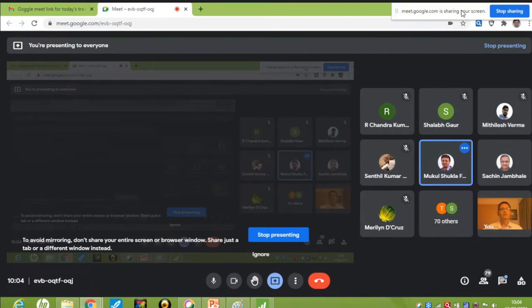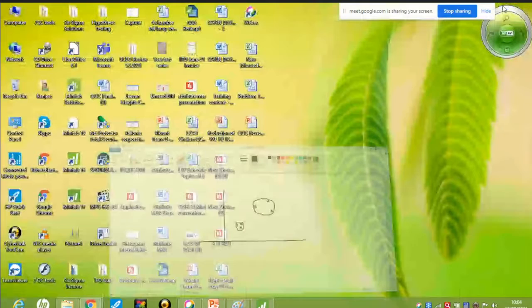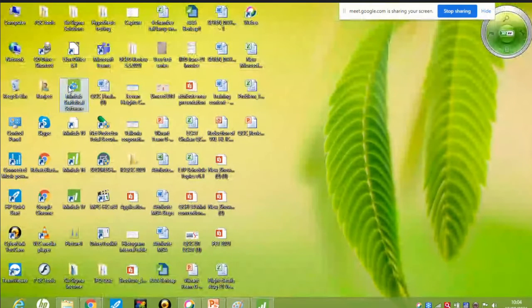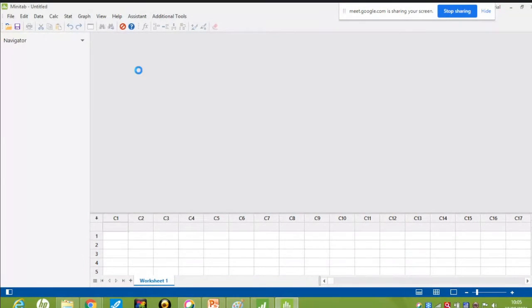Thank you, sir. So we discussed one example yesterday. So can we go to that example again? We will take an example from Minitab 20. Okay, so go to the help menu.